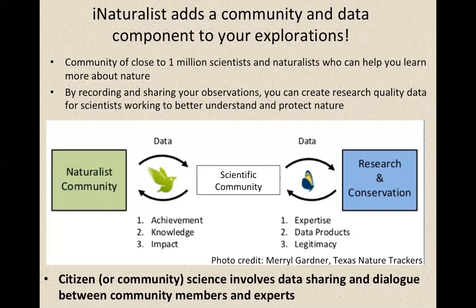You as a community member are contributing valuable data. Experts are giving you information back. Experts are using that data to then drive management decisions. It's an awesome give and take. It makes you feel really part of something larger, contributing valuable data. So that's what it takes to become a community scientist, and iNaturalist is a great way to tap into that